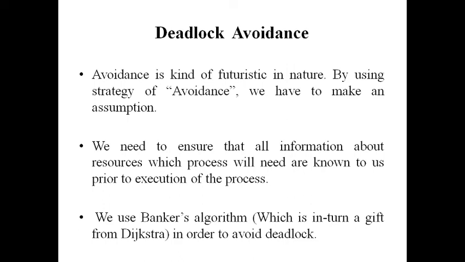That is, if a process enters the ready queue, after entering the ready queue, we have to know how many resources are needed by that process. If we know that list, then those resources will be allocated to the process, and if any other process comes, then we will keep in mind that process P1 has these many resources, so you cannot allot those resources to process P2. This is how we have to avoid the situation of deadlock.